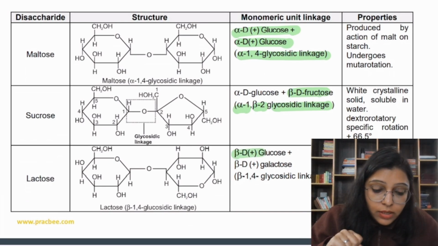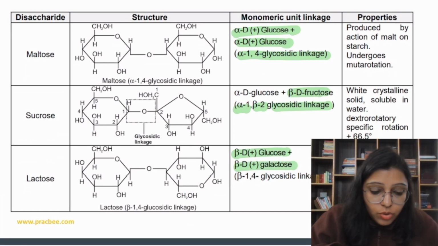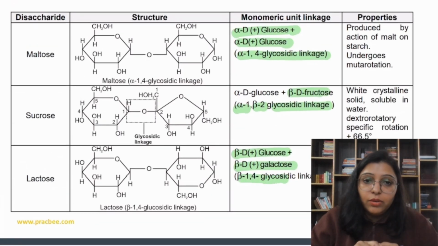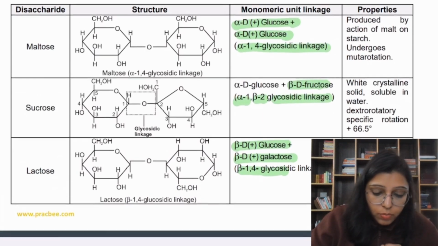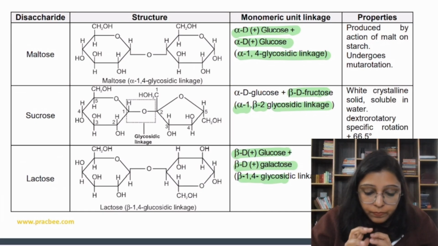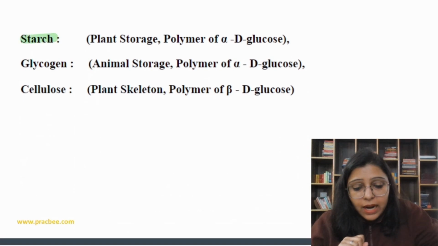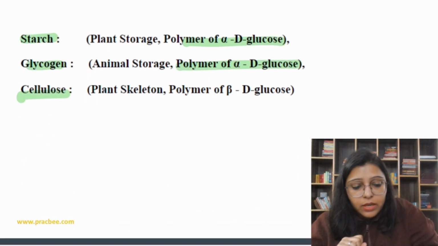Then lactose is the polymer of beta D glucose and beta D galactose. Right, so beta D glucose and beta D galactose. So again we have 1,4 glycosidic linkage. So that is also important. So now here glucose is fourth. Okay, glucose is going to be the fourth one. Now we have starch, polymer of alpha D glucose, glycogen, polymer of alpha D glucose, cellulose, polymer of